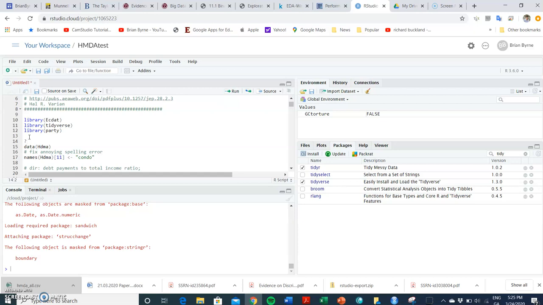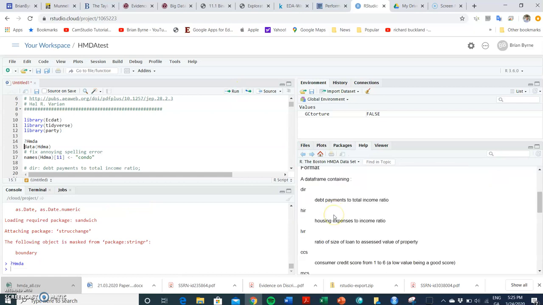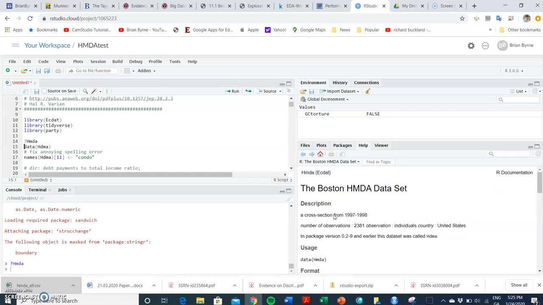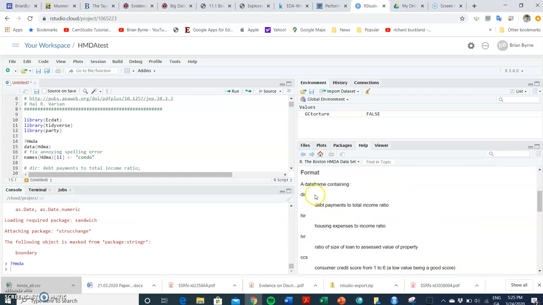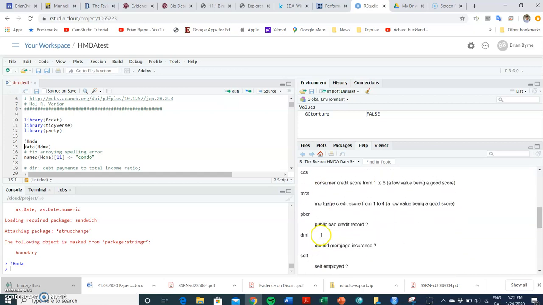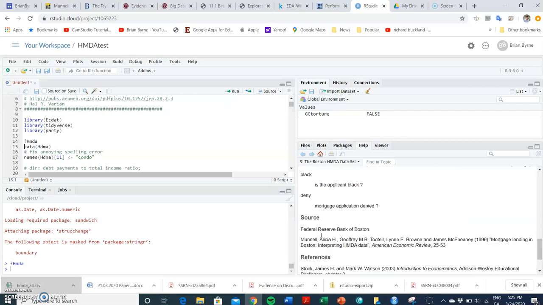We can go question mark, capital H, MDA, and just run, and then we will get help in the help menu here, HMDA ECDAT, and then we have a range of definitions for each of the variables that are included in the